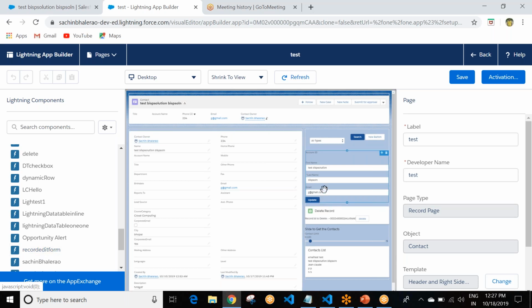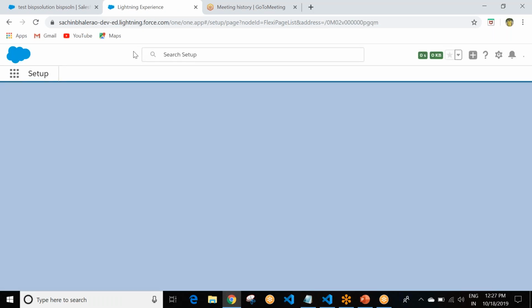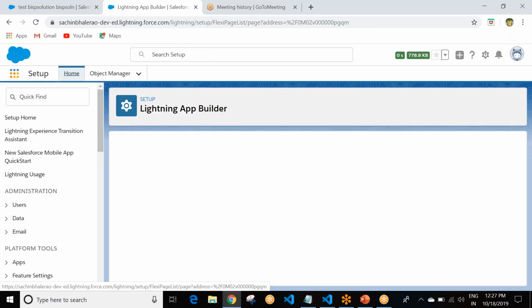I just drag it in this part here. It is simple, just drag and drop. So again we will check. I show you, if we created the app builder, it will appear in this way. We can go to apps.